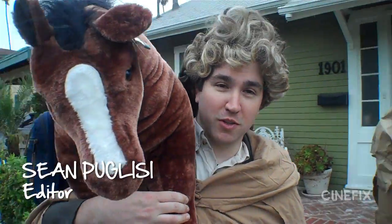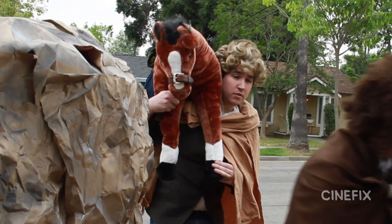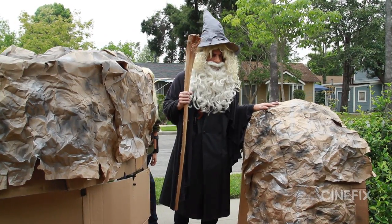I'm Sam with the horse. Sam with the horse, Bill the pony. So I love that when it comes around the corner and you just see a stuffed horse. But you know, it matches up. The timing is right and it's a horse. Come on. What you might not notice is that Jon is playing Gandalf in the beginning of the shot, and